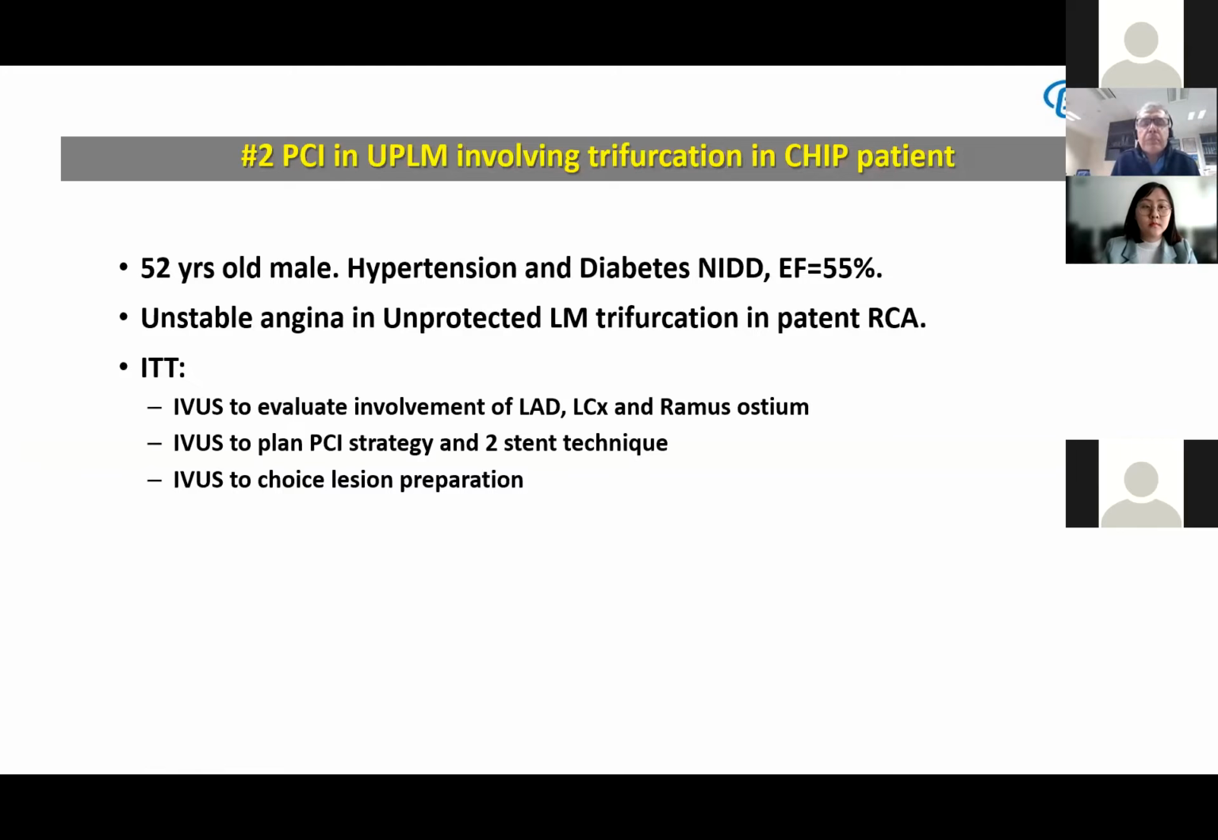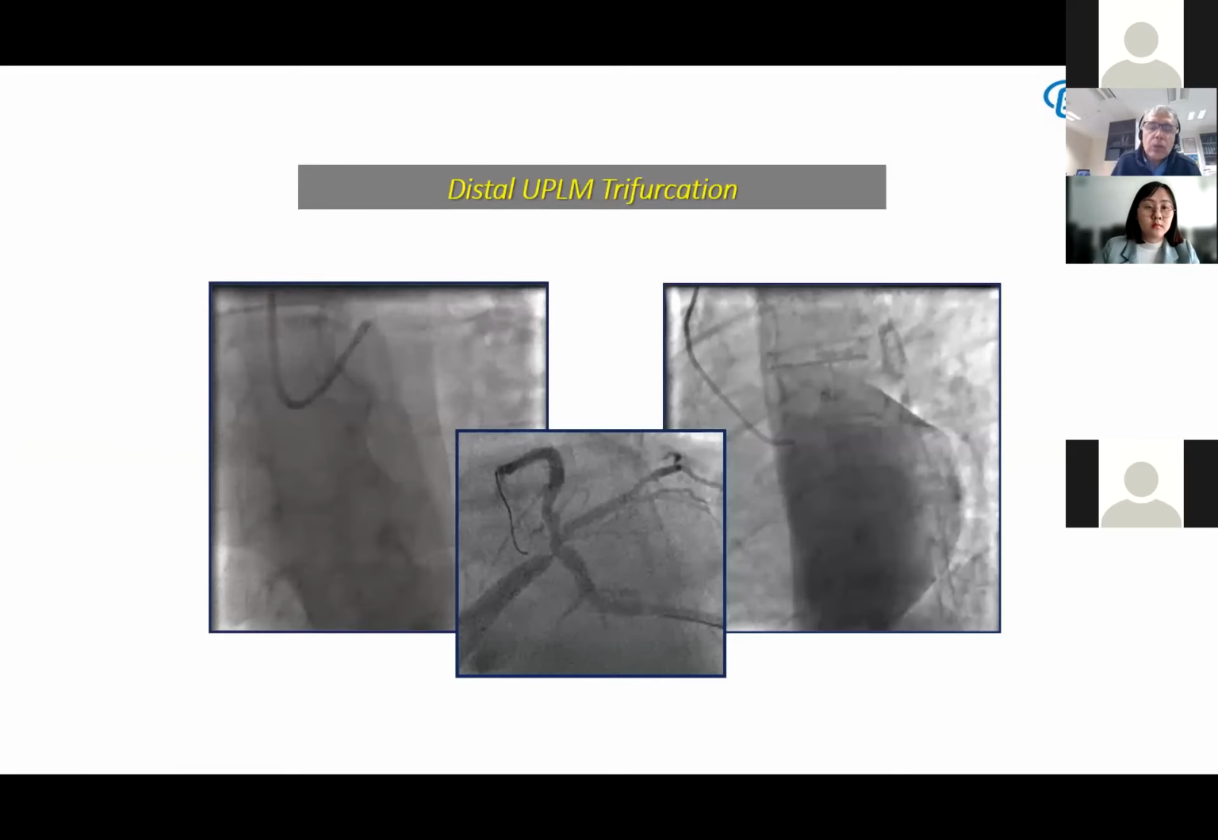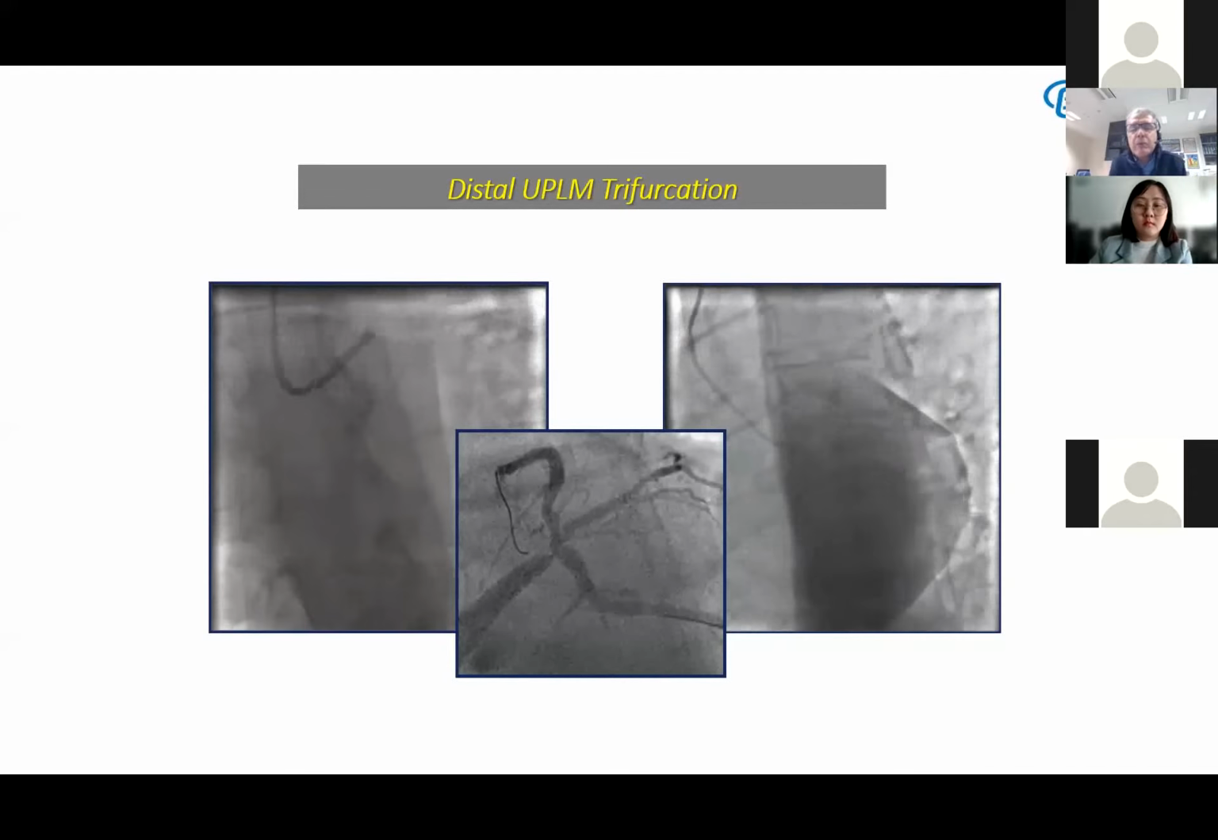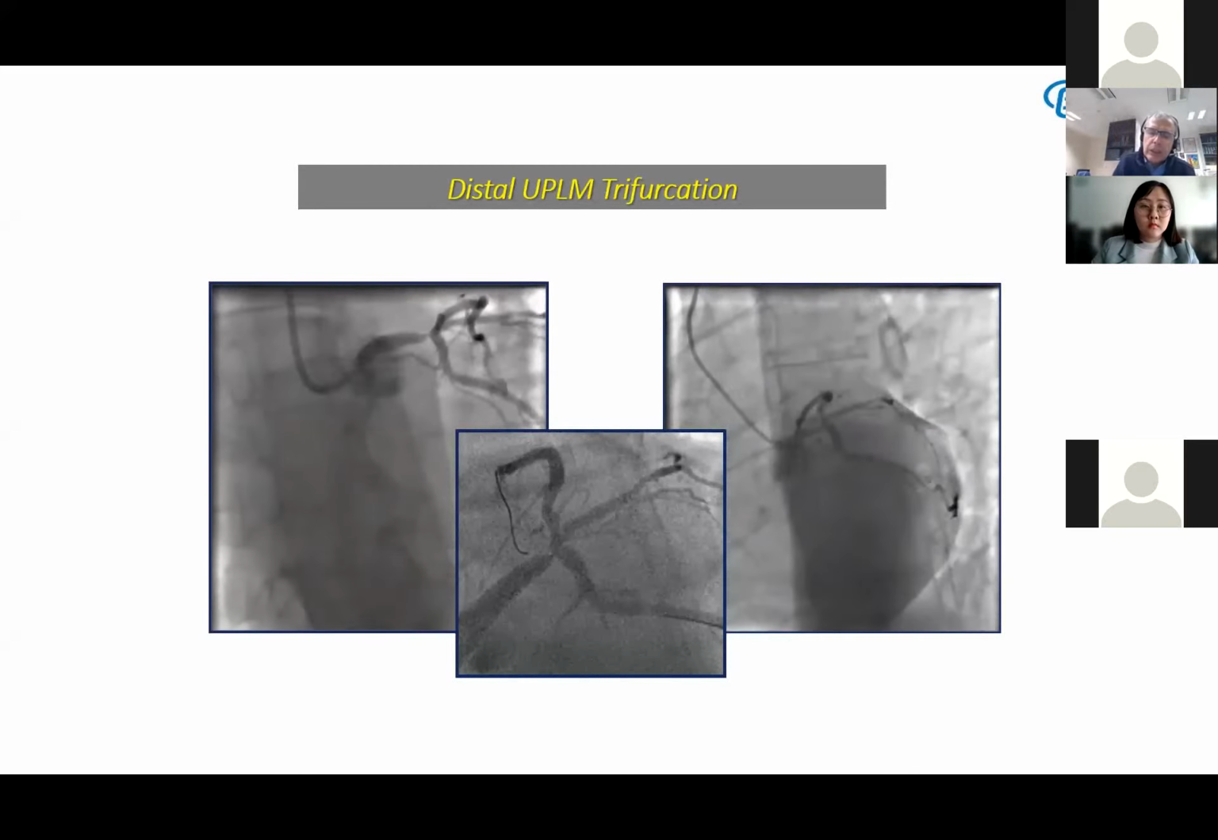A 52-year-old male with hypertension, diabetes, and normal ejection fraction, stable angina, unprotected left main trifurcation, patent RCA. My idea is to perform imaging, IVUS-guided PCI, planning a two-stent technique and choosing the preparation. This is the lesion, but you see very well the big ramus and also the